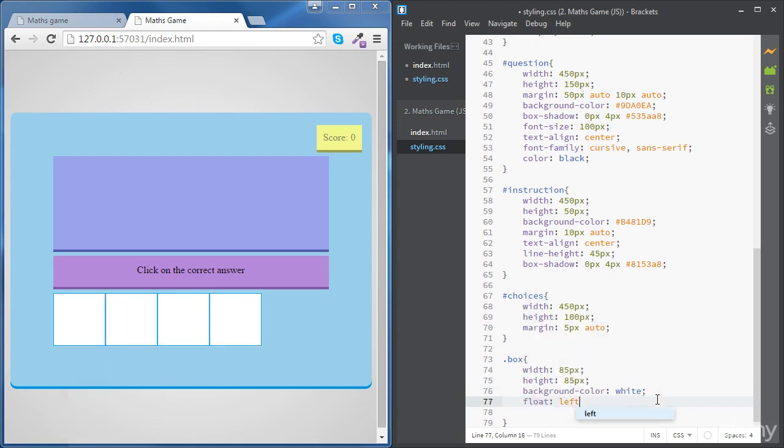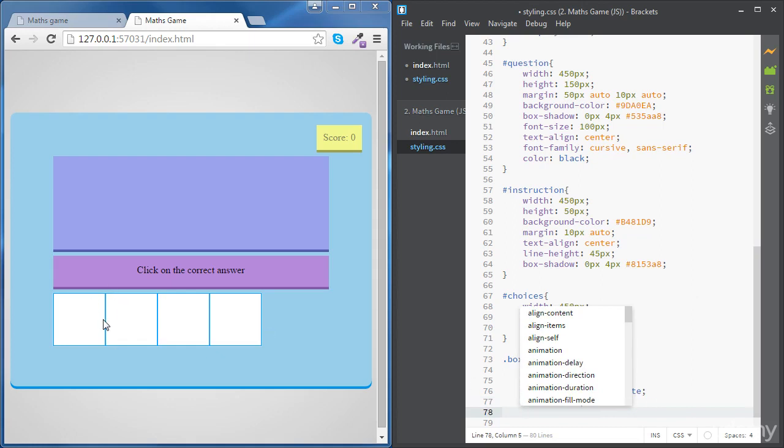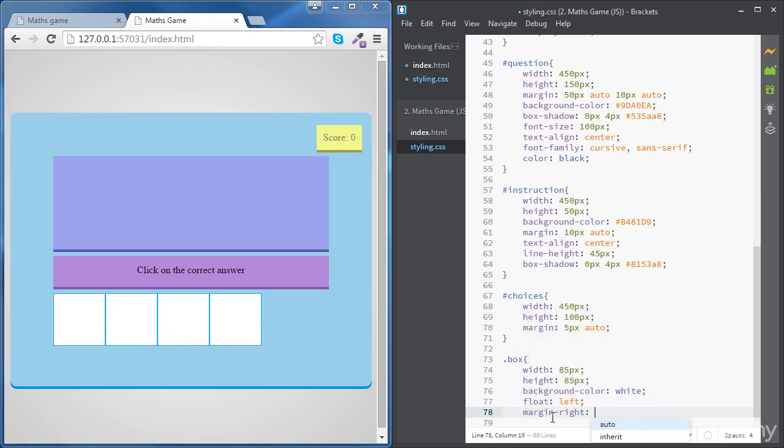Just like that. And now to create some gap between the boxes, we're going to add a margin right. So if we go for 20 pixels,